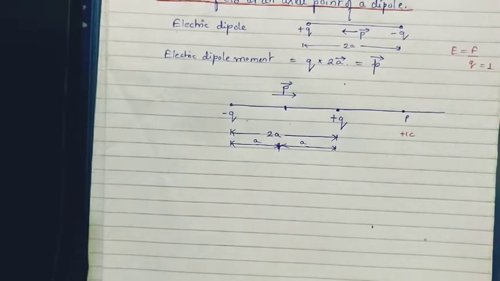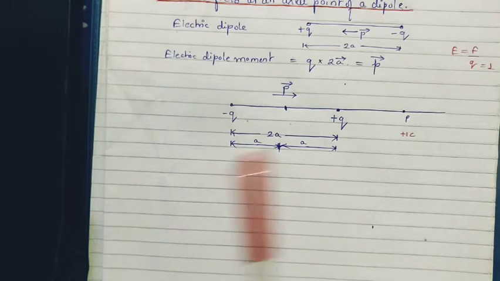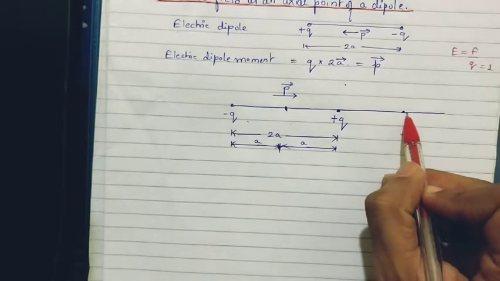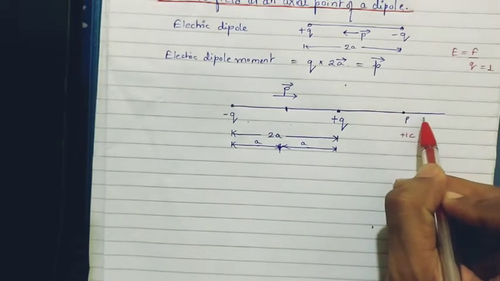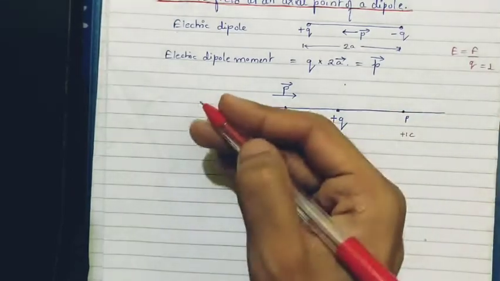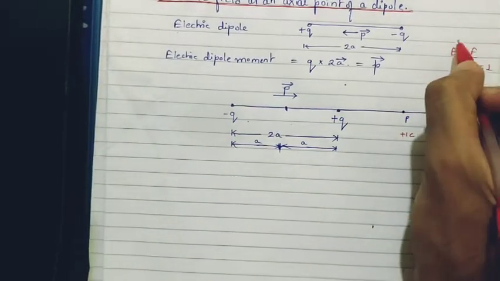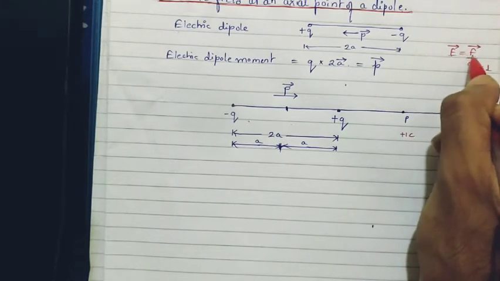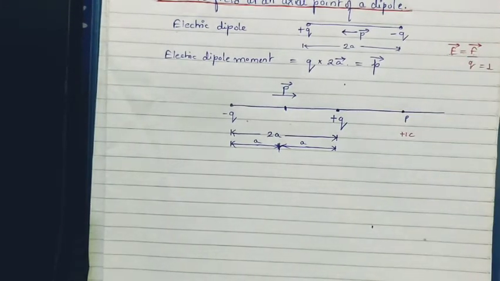Okay, and what will be the direction of electric field? We know electric field is a vector quantity. So what is going to be the direction of electric field after application of the force? In which direction will that +1 coulomb charge move? The same direction will be the direction of electric field. Supposing it moves that side, the electric field will be this way. Supposing this charge moves this side, electric field will be this way. Okay, as simple as that. So if you see, this is a vector quantity, this is a vector quantity. The direction of force and the direction of electric field is one and the same over here.